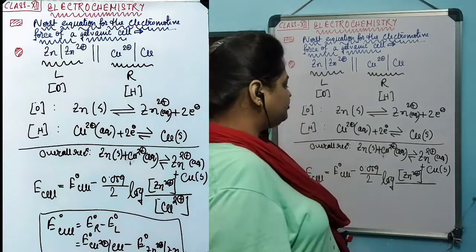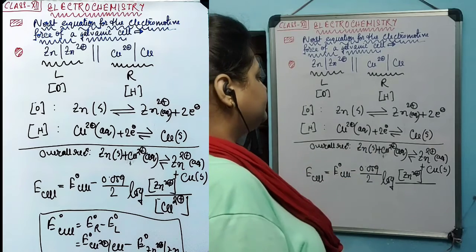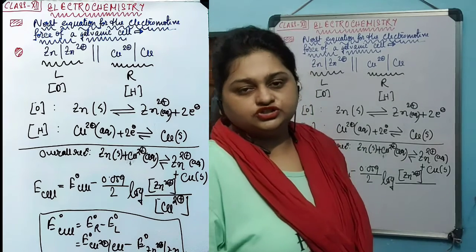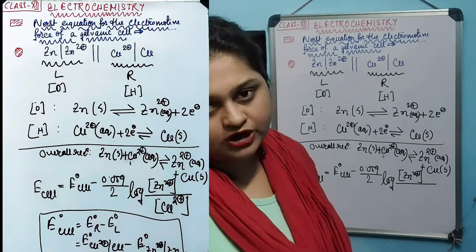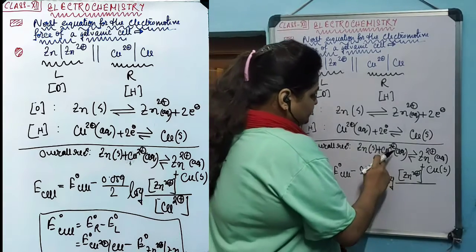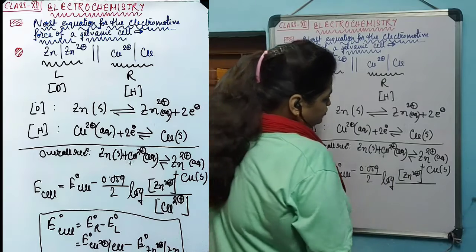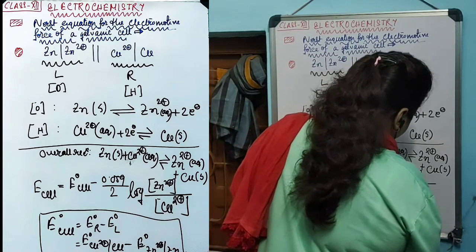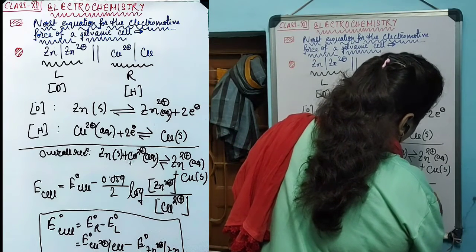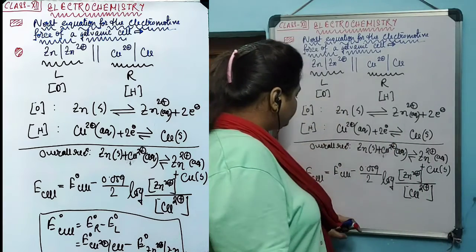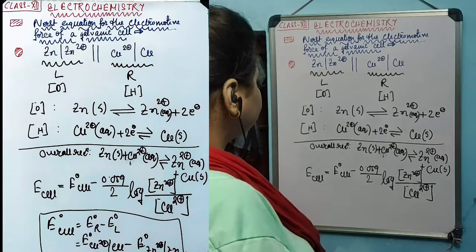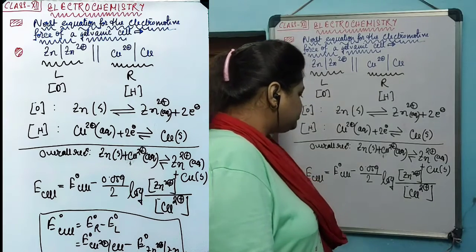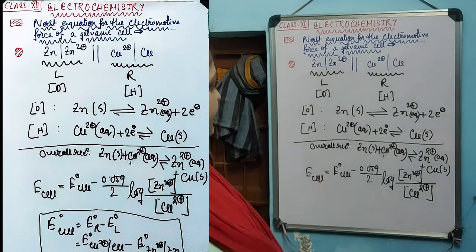In the concentration of reactants, zinc is in the solid state, so the concentration or activity of zinc will be taken as unity, and we do not need to consider it. It is multiplied with the concentration of copper 2 plus in the aqueous medium. So this is going to be the E cell equation for this particular galvanic cell reaction,